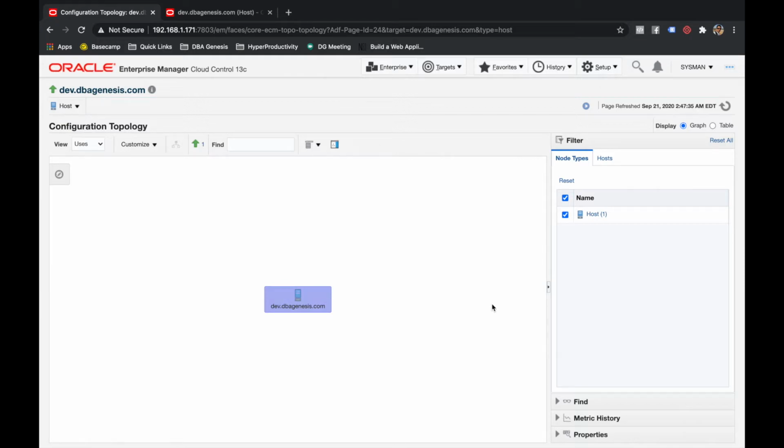Right now this server is not related to any other server, so it is lying independently over there. So in one of the target configurations, you will see the topology as to how it looks. Don't worry, I'll show you in some time.